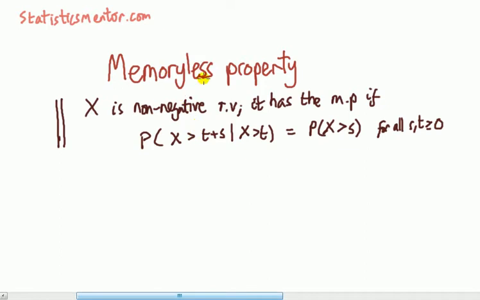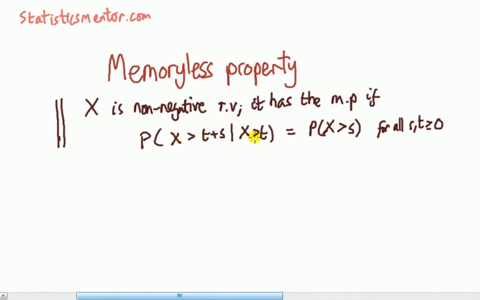The memoryless property concerns the property of a random variable. Not all random variables, a very limited number of random variables. So what is the memoryless property? Well, if X is a non-negative random variable, we say it has the memoryless property if, and then this expression,